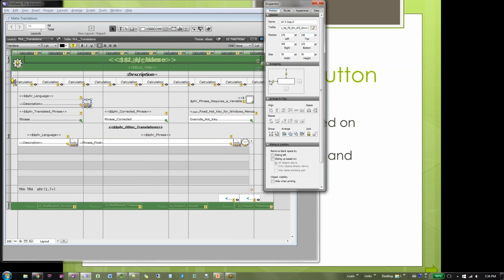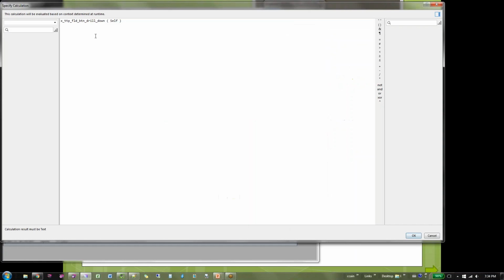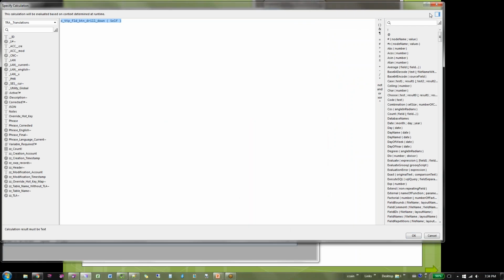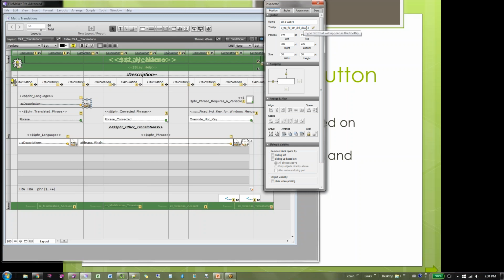It has a tooltip that also calls self, and that figures out what the full human readable name is of the target table. It figures out what the description is of the related record, and ends up showing you something that says, for instance, click here to view this language in this table, or this value in this table.